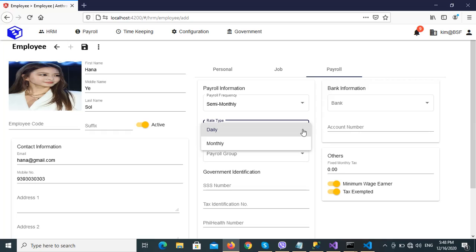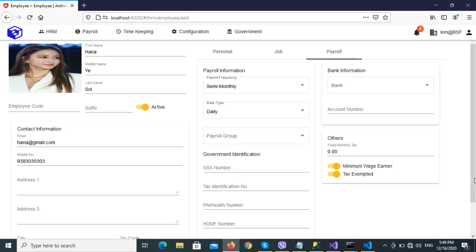Then here you put the rate type, whether it's daily or monthly. So when I discuss the payroll, I will dig deeper regarding this rate type. But basically, this is actually a basis in calculating the basic pay of the employee, whether it's fixed monthly or on a daily basis. That means based on the number of days the employees go to work. Then put here the payroll group, which is actually a way of grouping the employees in one go. So in one process, they will be processed together,